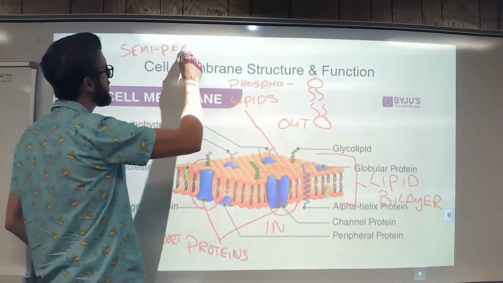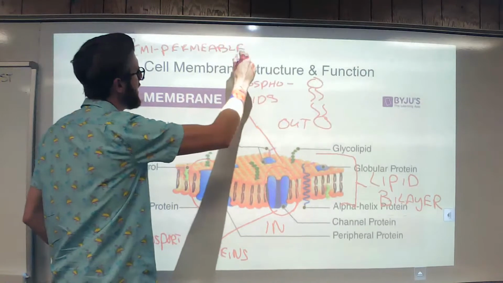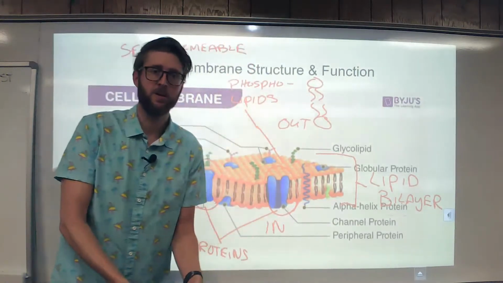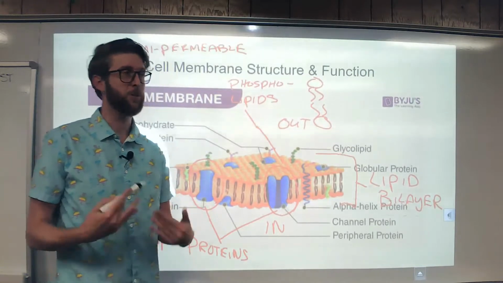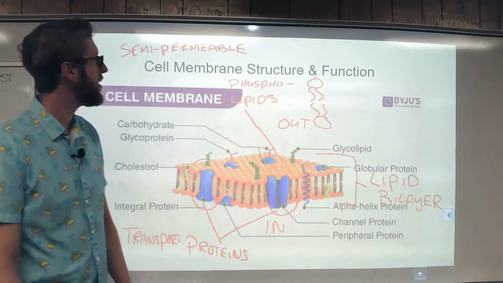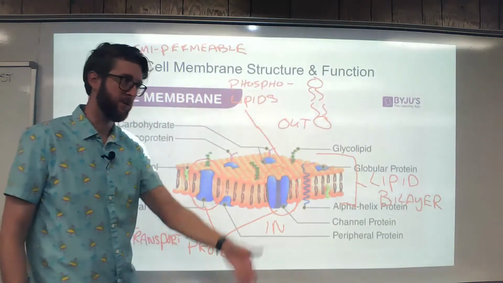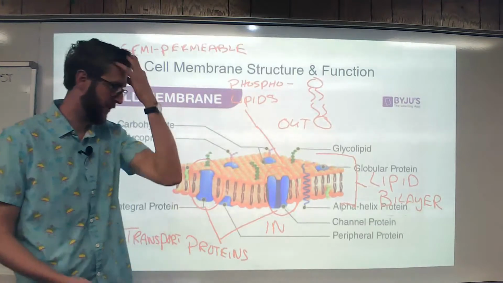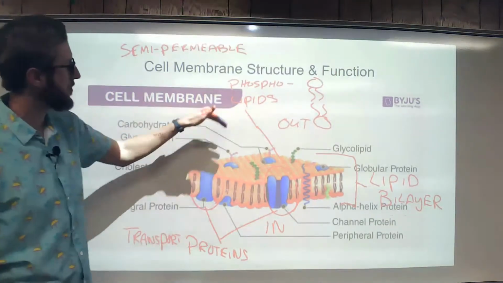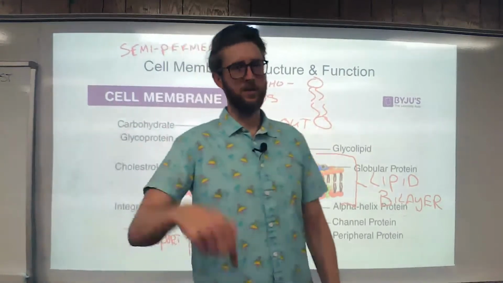Okay, so this cell membrane is what we call semi-permeable. If you don't know what the word permeable means, it means it can be gone through. Like a brick wall is not permeable for you. You can't go through a brick wall, but you can go through, say, water, right? If there's a waterfall, you can walk through it. That's something that's permeable. Permeable just means it can be gone through, but it's only semi-permeable,